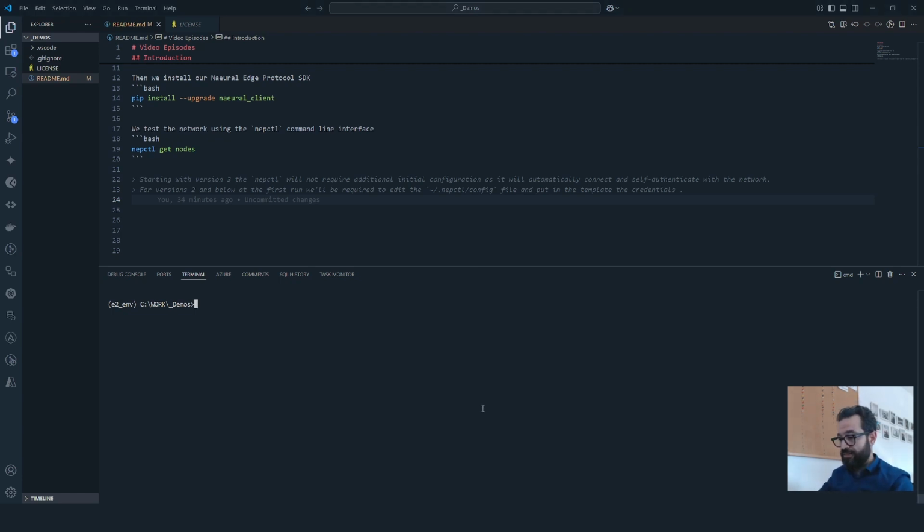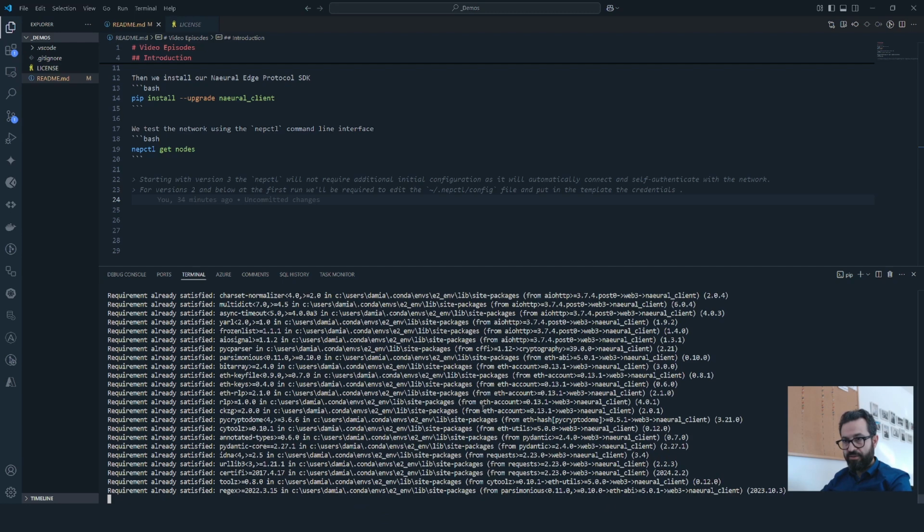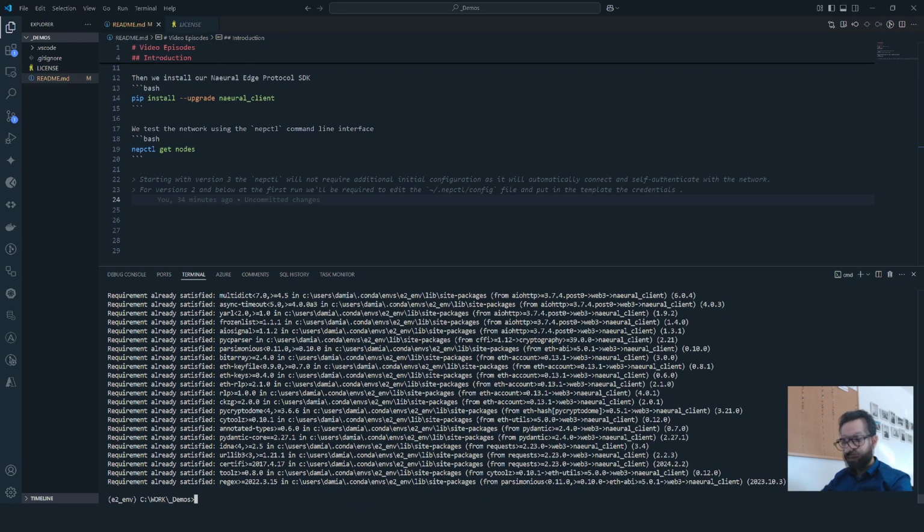First, let's see if we have Python and pip installed. For most of the tutorials, we'll be using Ubuntu or dev containers, but for this episode and maybe also for other episodes, we'll be using Windows, just for the sake of variety, as variety is the spice of life, right? So now the next step is to pip install --upgrade the new client. Now let's use the CLI tool nepctl in order to inspect which nodes are itching to say hello